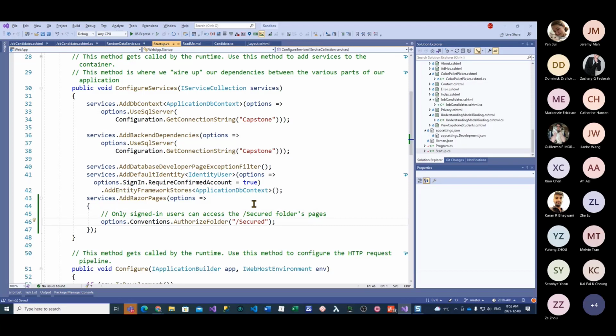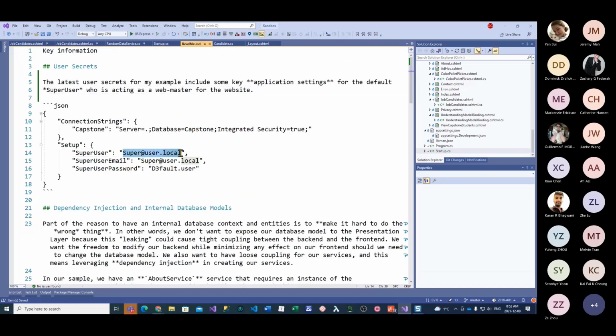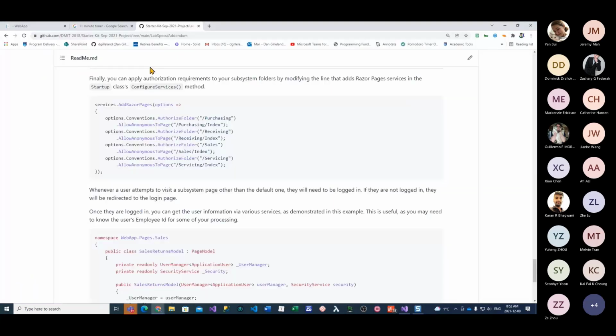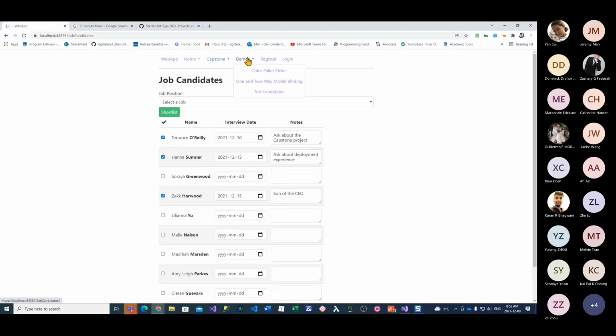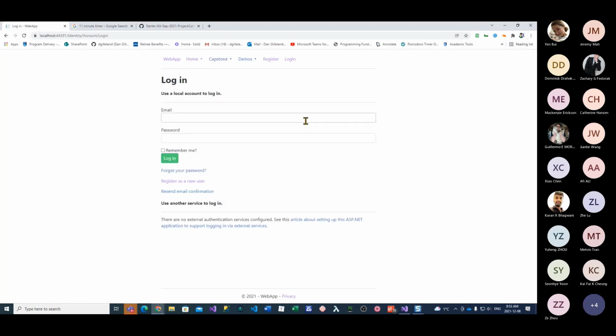So let me go and do this. Control F5. And let me go into the README. So the super user's username is going to be that. I'll go back to my web app. So you'll notice that the way it is that spies or us thing is missing. But if I go to the login and put in that email with my default user password,